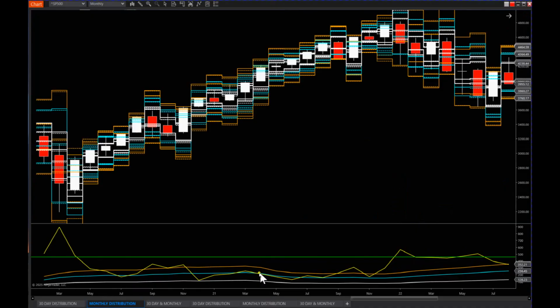When it's inside the distribution, like all the way here from November, December, January, February, March, May, June, July, August, all of that was inside the distribution. So the range never broke, right? It stayed inside the ones and twos